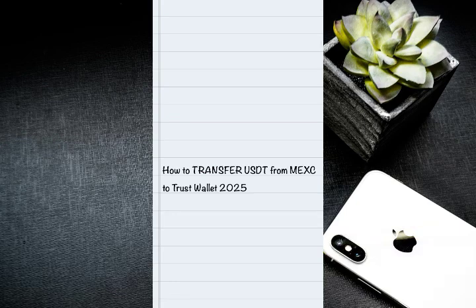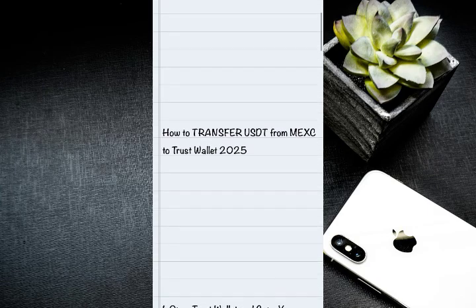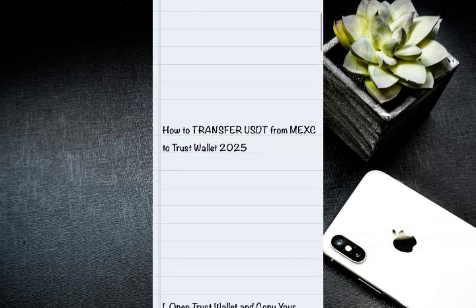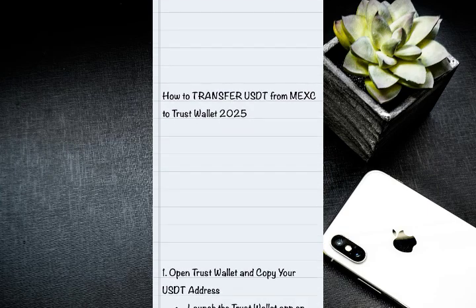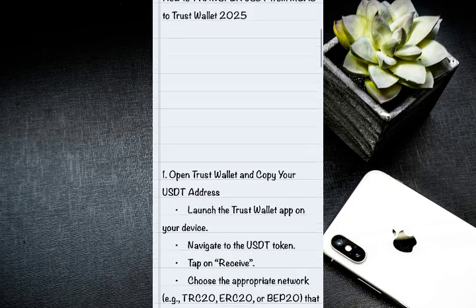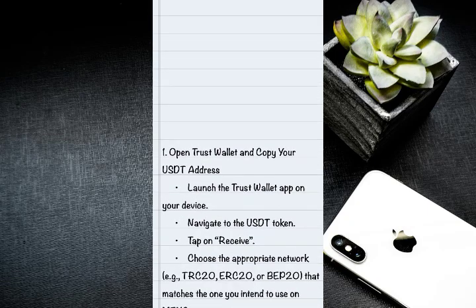In this video I'm going to walk you through an easy step-by-step guide on how to transfer USDT from MEXC to Trust Wallet. So to get started with the guide and straightforward steps on how to transfer USDT from MEXC to Trust Wallet. So the first thing to do is open the Trust Wallet and copy your wallet address, which